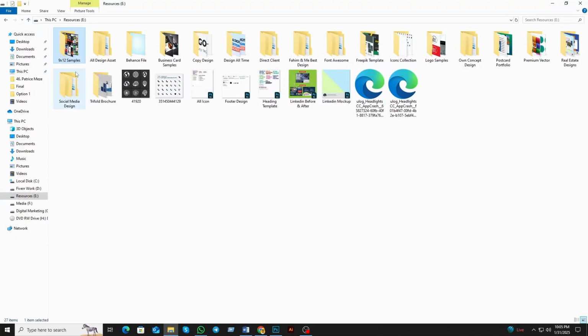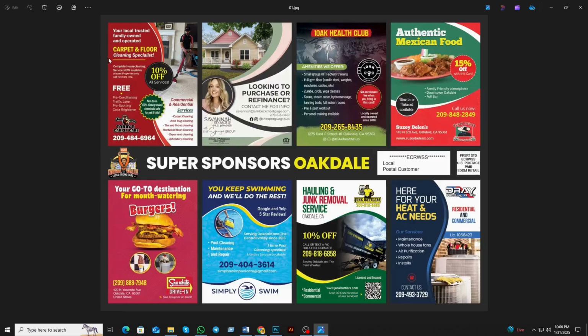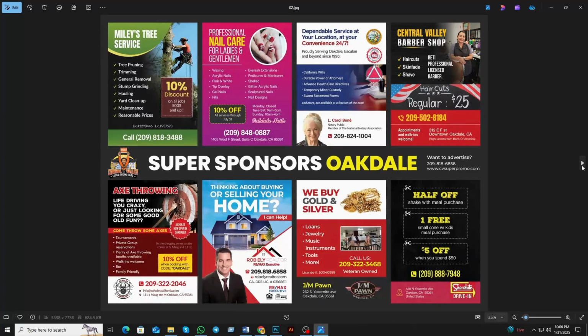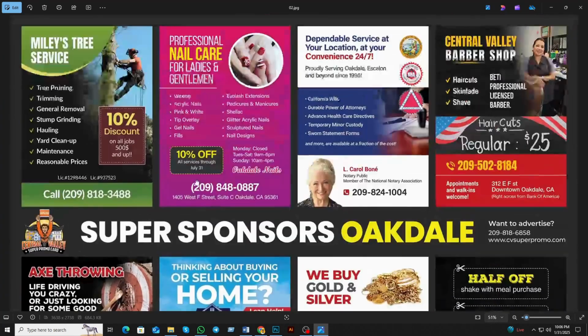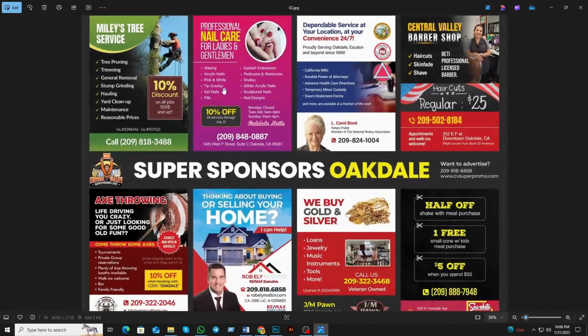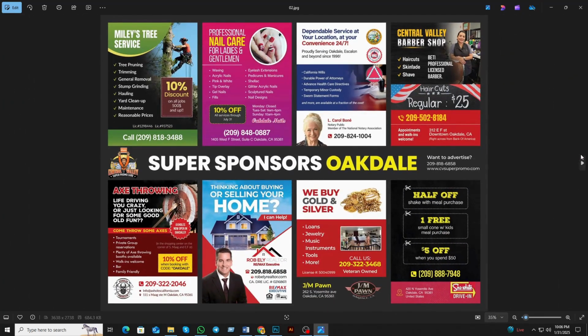Are you a small business owner struggling to get more customers without spending a fortune on advertising? What if I told you there's a simple, cost-effective way to reach thousands of potential customers without breaking the bank? That's where 9x12 group advertising postcards come in. Stay with me as I break down how this powerful marketing tool can help boost your business, increase sales, and